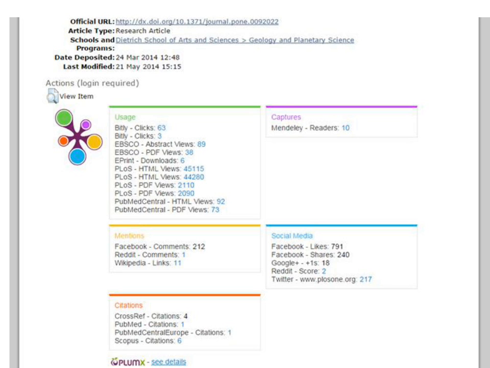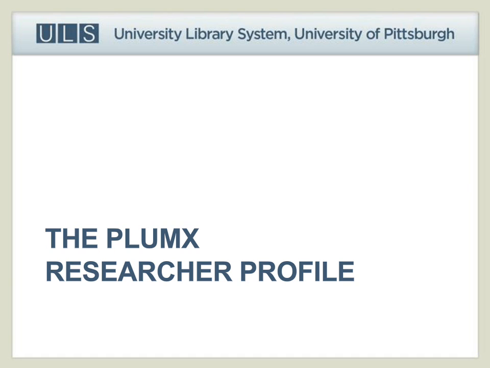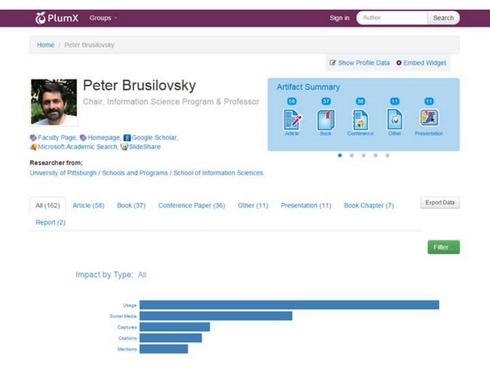Switching gears a little bit, I want to show you what a researcher profile looks like in PlumX. This is a way of looking at the total output of a single researcher. So in this example for Peter Brusilovsky, a professor in Pitt's iSchool, Plum is tracking 162 artifacts from Dr. Brusilovsky's CV, most of which are in the IR.